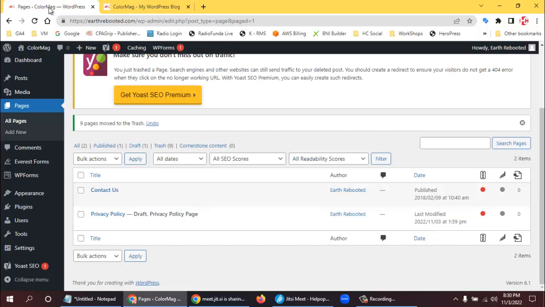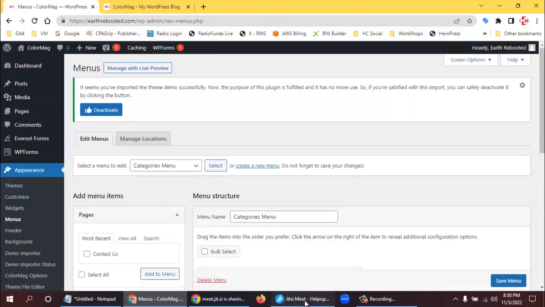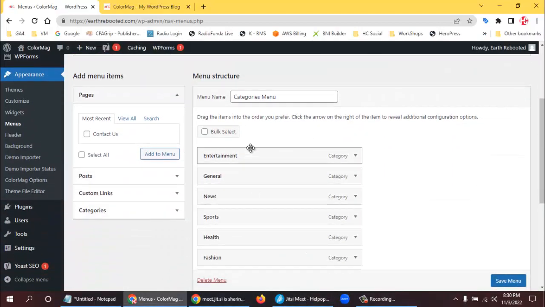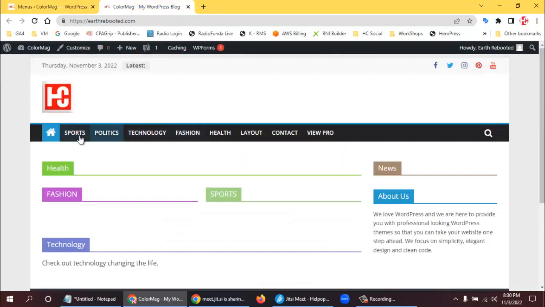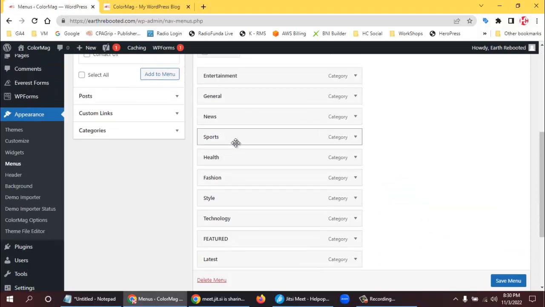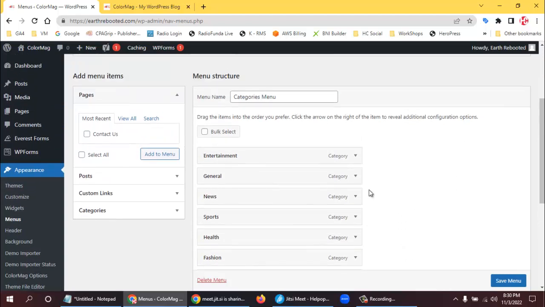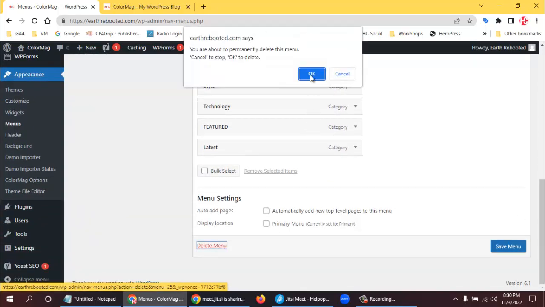So for that, what I need to do is I go to appearance and menus, and after that I can see all these menus over here which are there on the website: sports, politics, technology. So all those things you can see over here. So what I will be doing is directly I will click on delete menu, so then the whole menu will